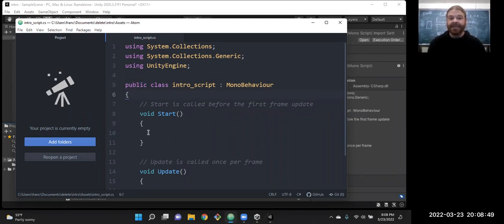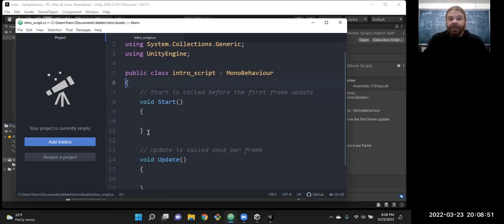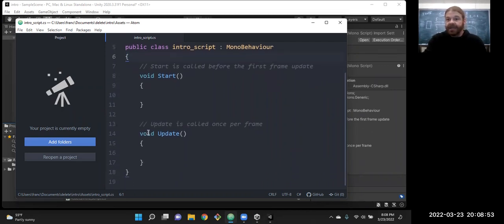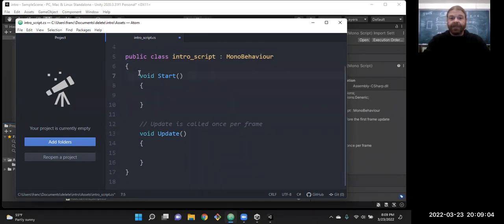Then we have our curly braces. There's different ways to set them up. By default, it kind of looks like this. White space does not matter. Those curly braces and the semicolons, those all mean something. So the white space doesn't matter. The white space is only for your benefit.